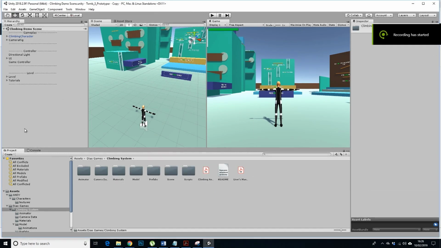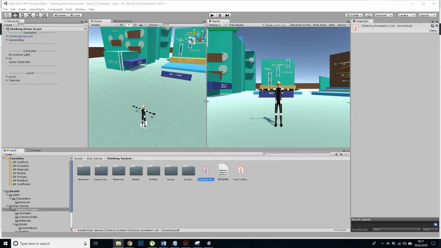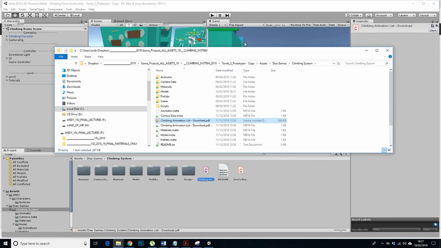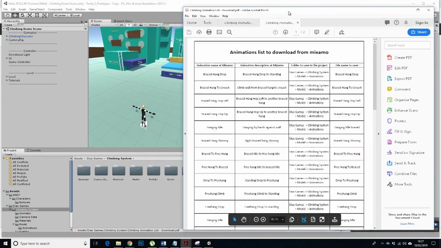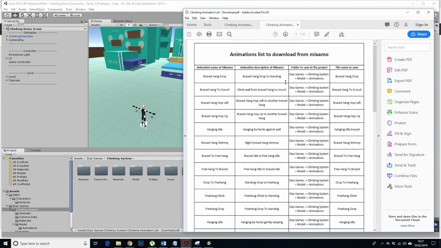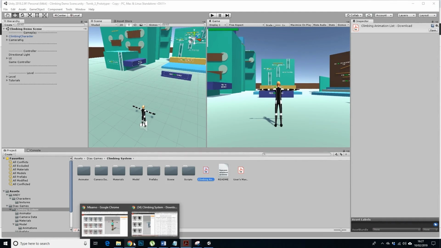And now what we're going to do is, if you go into the climbing system, you'll find a PDF. It's not opening because I'm trying to open it from Unity, which is not going to work. So we need to just look at that in the Explorer. So that's the PDF. What we need to do is take that PDF, and find the animation at Mixamo, and then download that animation and bring it